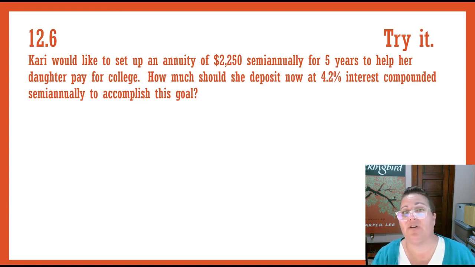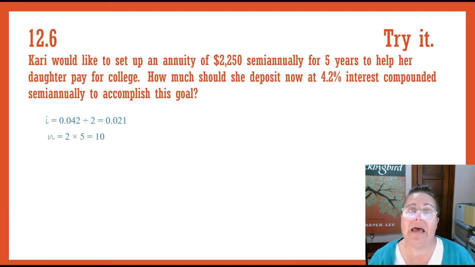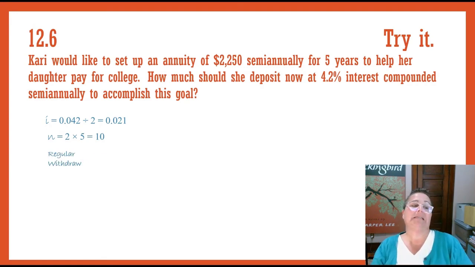So we need to find her interest rate per period, which is 0.042 as a decimal, divided by 2 because we're compounding semi-annually, or 0.021. Total number of compounds is twice a year for 5 years, or 10 total compounds. And the regular withdrawal payment is